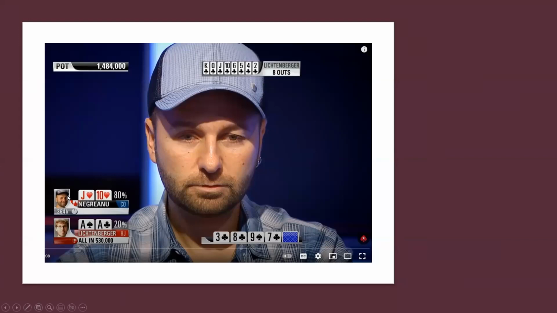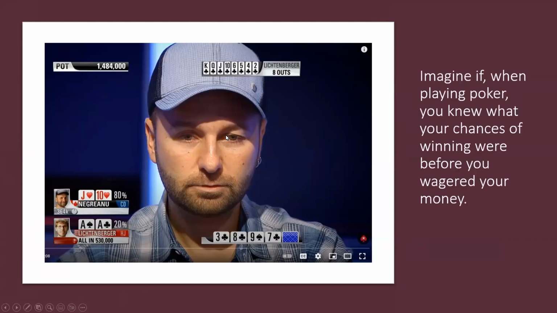And imagine, what if this was possible? How would you play poker? Well, I guess it's quite easy. You would only wager when the odds are in your favor, and you would wager less or fold altogether when the odds are against you. And in the long run, you would definitely win the poker tournament. It doesn't mean you would win the next hand, but in the long run, because the odds will be in your favor, this will give you a statistical advantage.